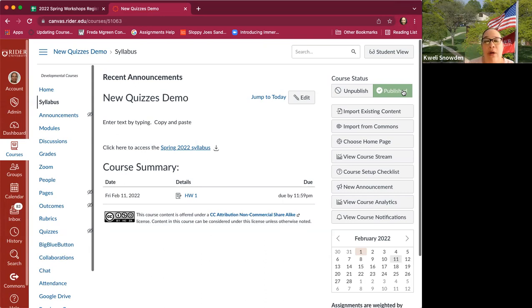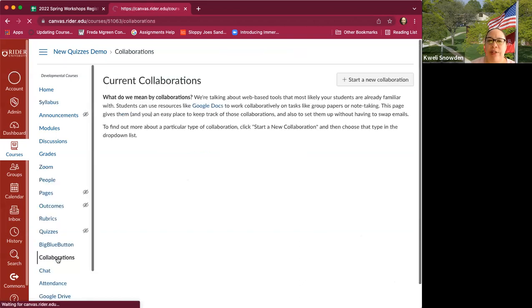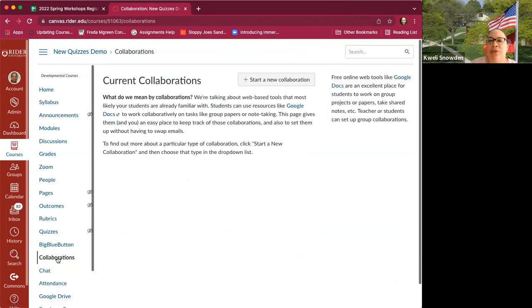So I won't cover outcomes. That's something I would say come to drop-ins if you want to talk about outcomes. But in terms of communicating in Canvas, there are tools that you can use to communicate in Canvas or to allow students to communicate and collaborate, and collaborations is one of them. When you're looking at collaborations, it's tied to our Writer Google accounts. And so what it allows us to do is if I start a new collaboration,